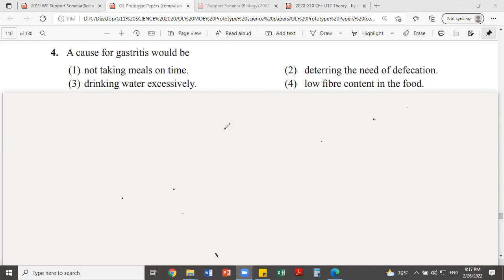Very good, the answer is the first one: not taking meals on time. Sometimes you can also get gastritis when the oral exam is close. That is due to stress, mental stress. Right. This one, remember,